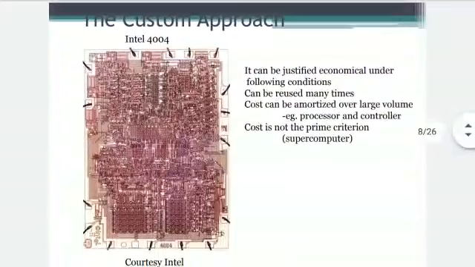One example of Intel 4004 processor I have shown here. We will go for full custom only under following conditions such that it can be reused many times, can be amortized over the large value, that is processor and controller. Okay, then cost is not the prime criteria.